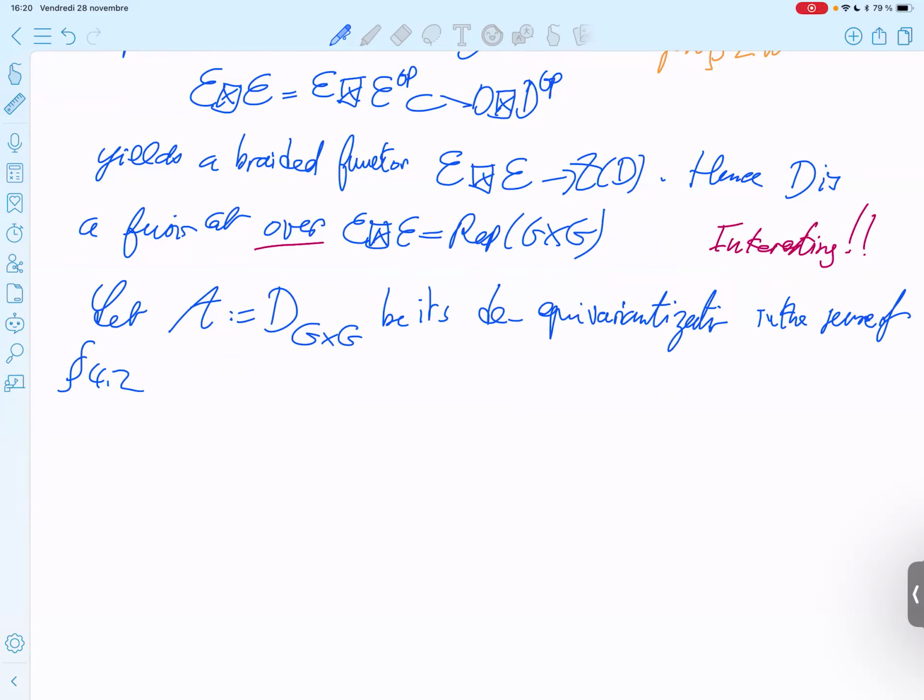Yeah, we don't, because it's G cross G, but it's not as a braiding, just fusion. So since A, in fact, A is not braided. Since A contains